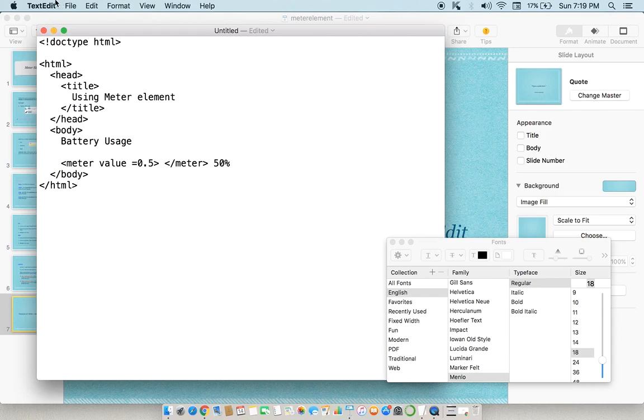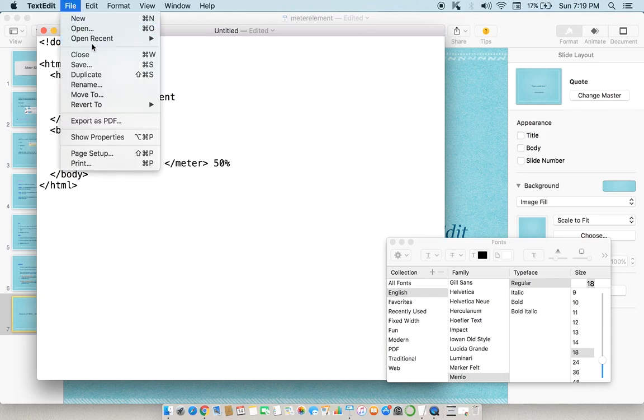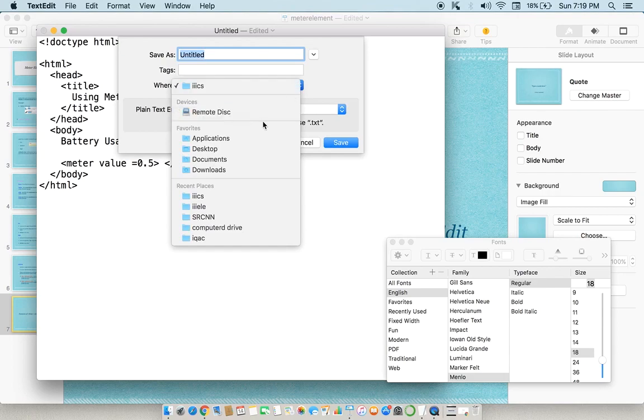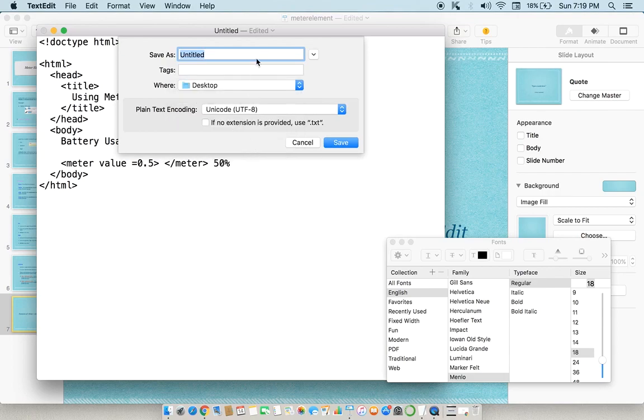Okay, I am going to save this. Save it using the .html extension.